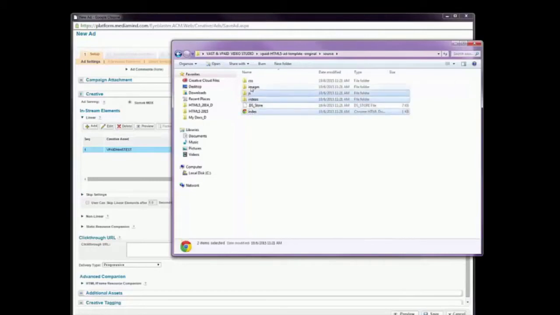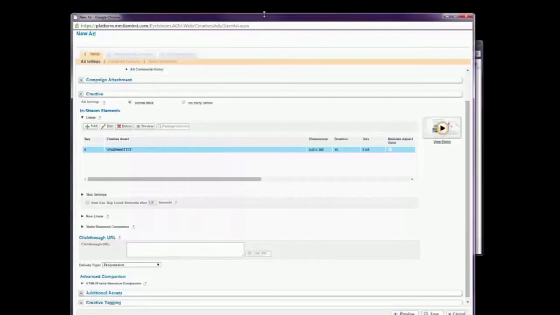In order to have done that, I would select all the files in my folder and send to compressed zip. Now, this by default named itself CSS. I can name this whatever I like, and by default, that's going to be the asset name. Now, this zip file is what's ready to upload to the platform, and that's what we're looking at here as